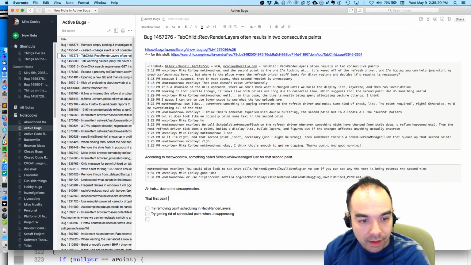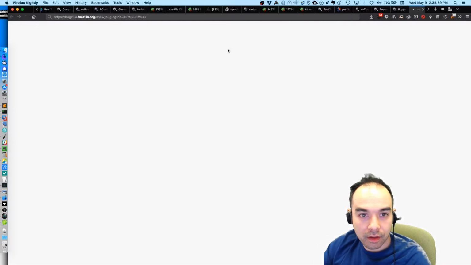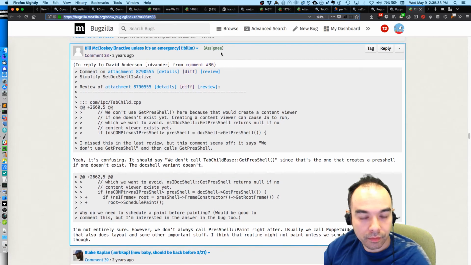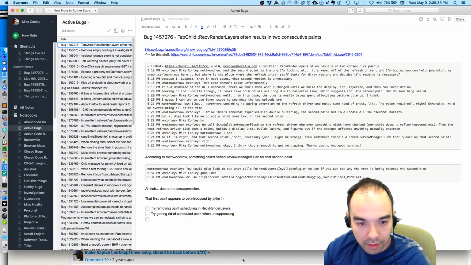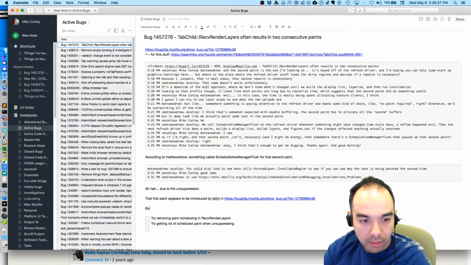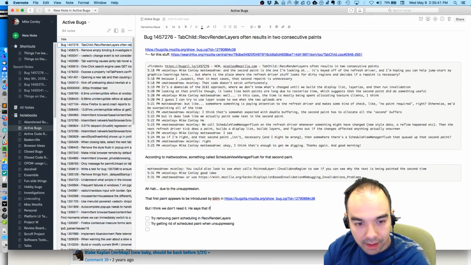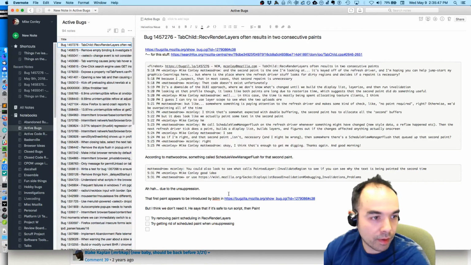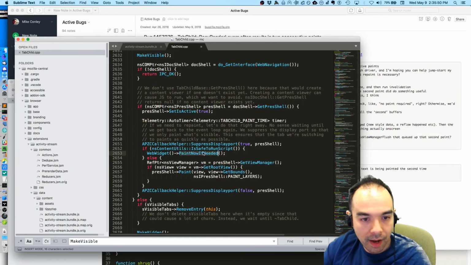That first paint appears to be introduced by Bill M. in here, but I think we don't need it. He says that if it's safe to run script, then paint widget if needed, or paint now if needed,